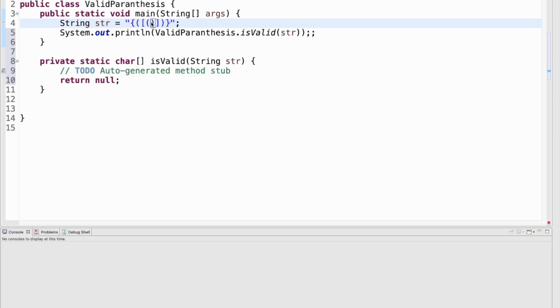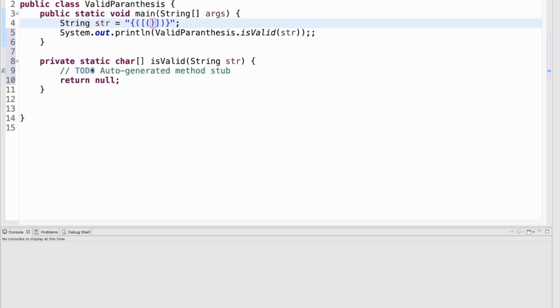Now if I put another brace over here without any closing brace, then it will become invalid, right? Because it does not have a closing brace. Similarly, when I put something like this here without a closing brace, this is not a valid parenthesis because this particular square brace over here does not have a closing brace. So that's the idea. We should validate using a Java program whether a particular string has all the